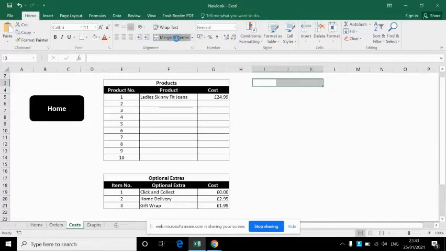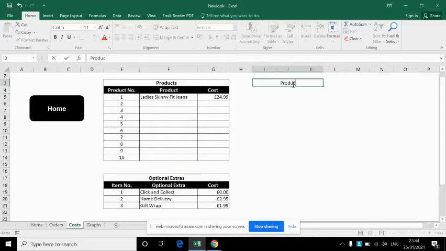When I press the Merge and Center button there, it joins the 3 cells that I've selected together to make them appear as one big cell to allow me more space to add the